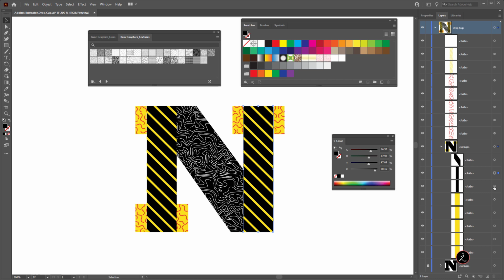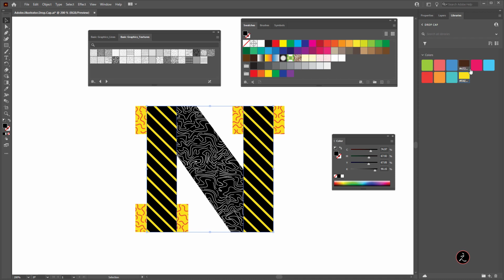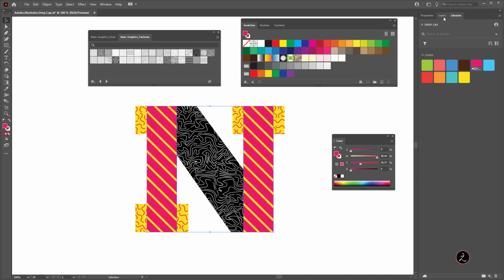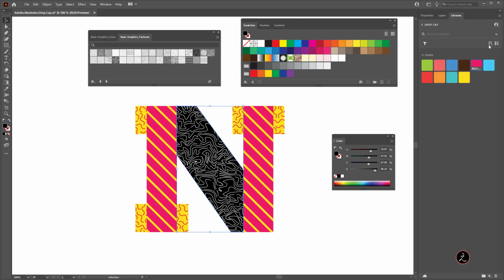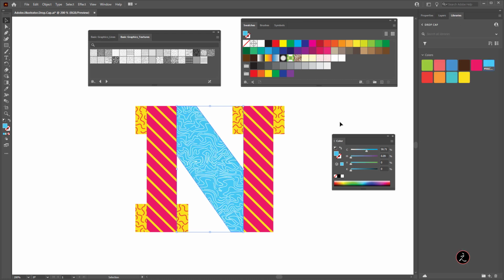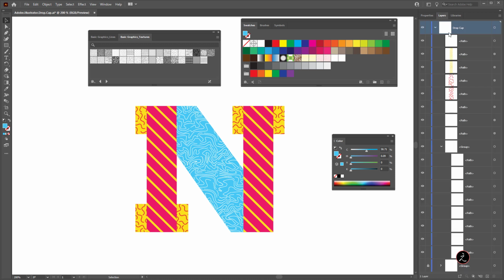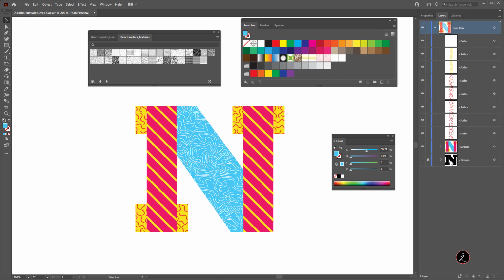How about this guys here? Let's target this one. Shift click. And I'm going to use for the fill color this one. And we have a remaining of this one right here. Just going to use this fill color. Great. We've got that. Now we have the last group here. So I will toggle off the visibility and unlock it. Just going to select that, and I'm selecting only this group.